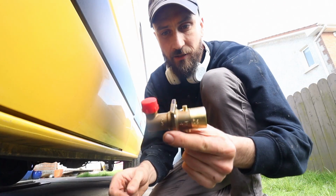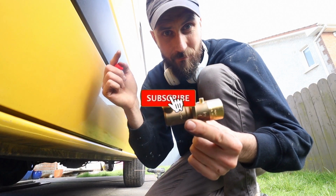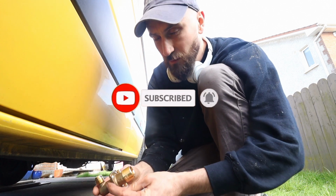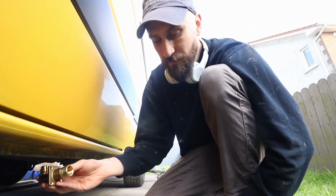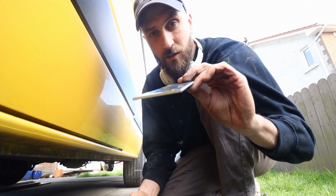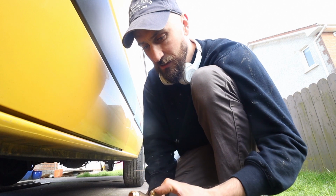So what I've got to do is connect the filling point pipe to this connection here, and then mount that to this bracket here. So the way that connects is